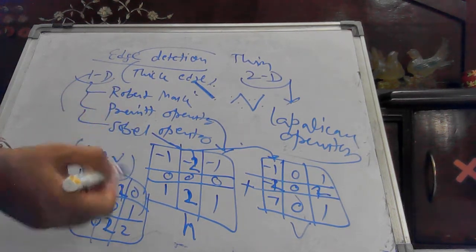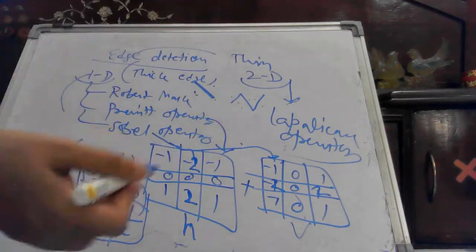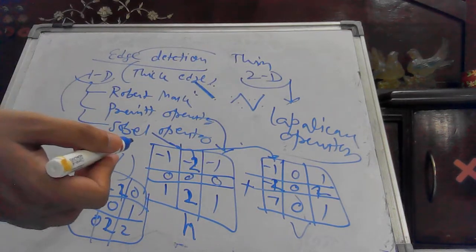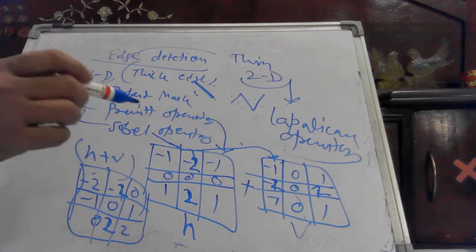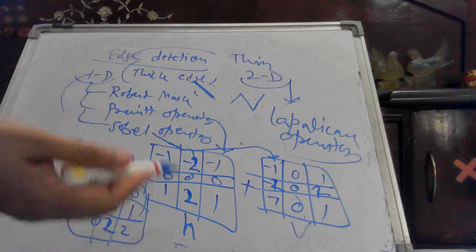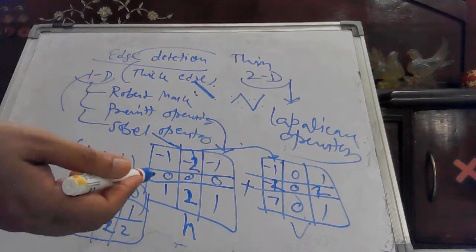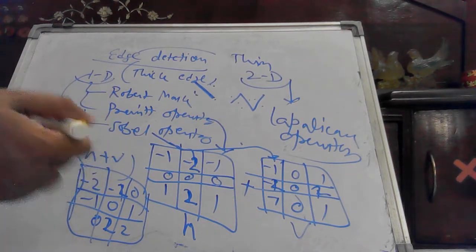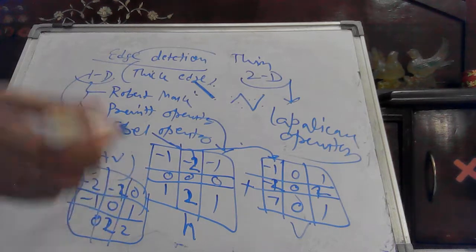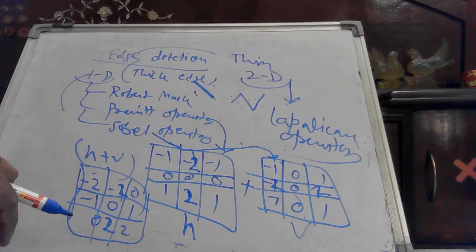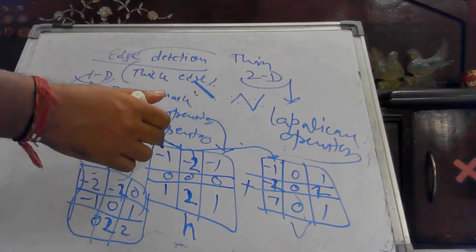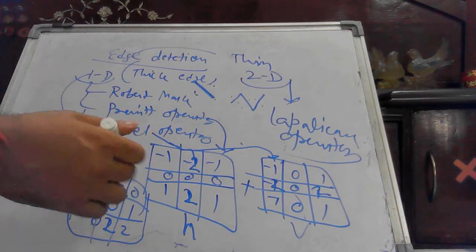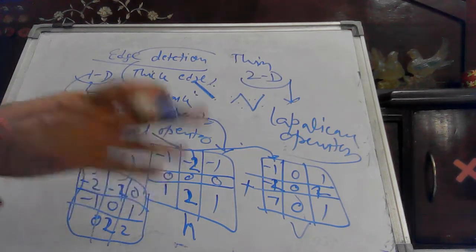So we have talked about all three. The Laplacian operator I have already talked about a lot in the frequency domain. So this is all about discontinuity-based segmentation detection algorithms, which are mainly used for detection of line, point and edge detection, either vertical, horizontal or both. Same operators, same masks, you could see here.